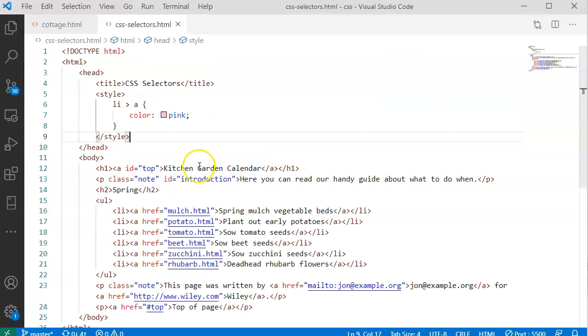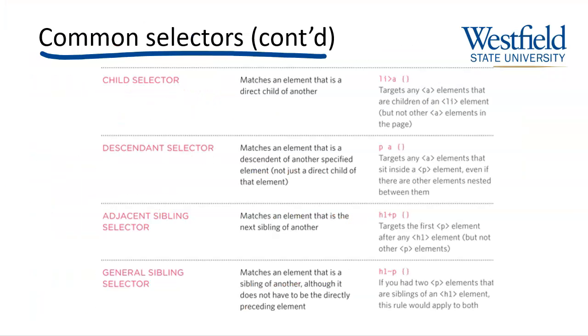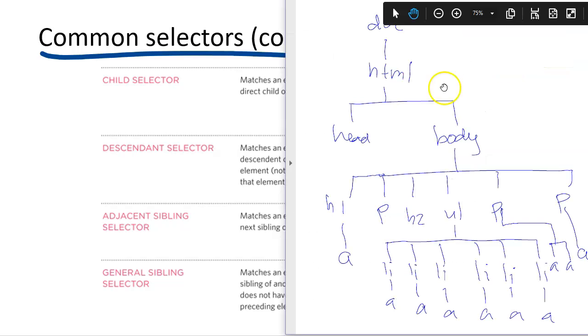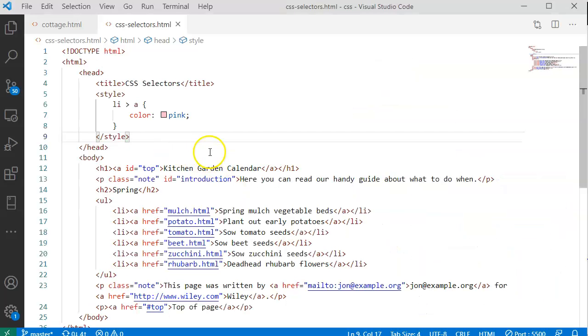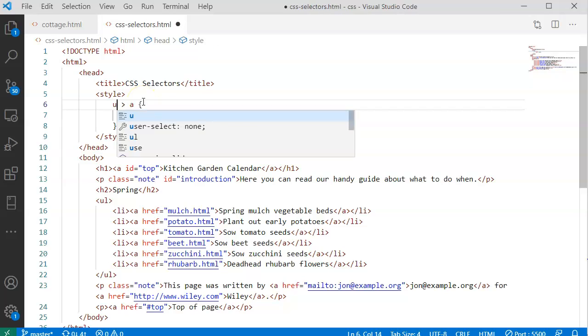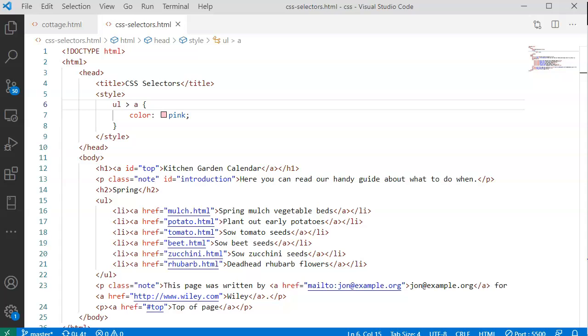Another way to select that is using the descendant selector. In this case, I want to say all of the anchor links under the UL element. So all of these anchor links here, which are descendants of this, I want to change the color to pink. So I can do that. Instead of li, I can use ul, and that should have the same result. And if we look at it,